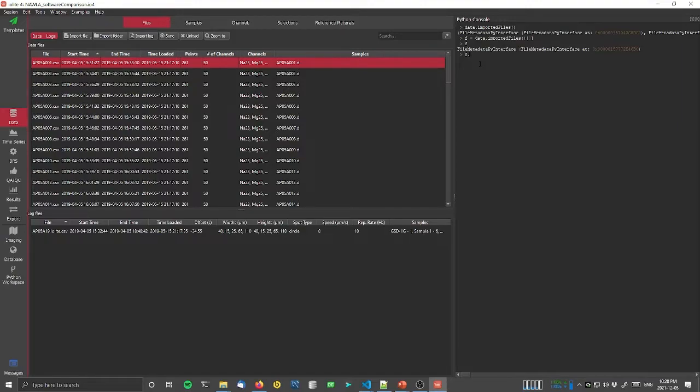We can say f.startTime, and you can see it returns a QDateTime telling us when it starts. Same thing with the end time. We can say f.filePath, so it tells us where it was loaded from. And as I mentioned, most of these objects have a dictionary of properties attached with them. We can get that dictionary by going